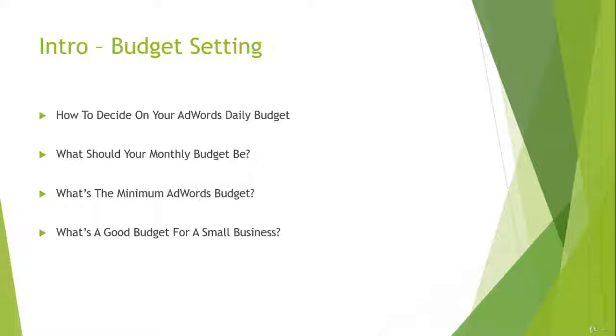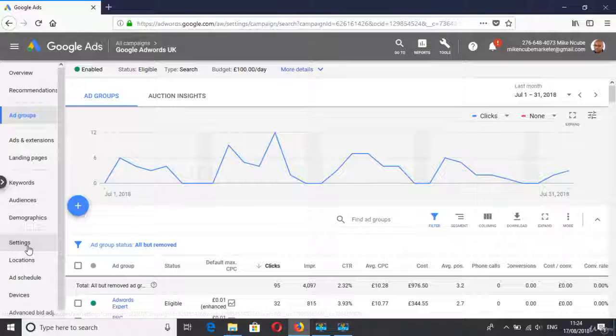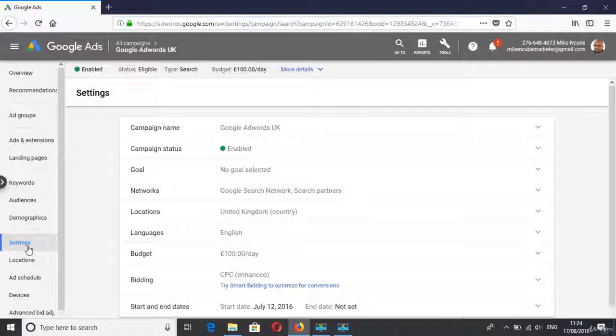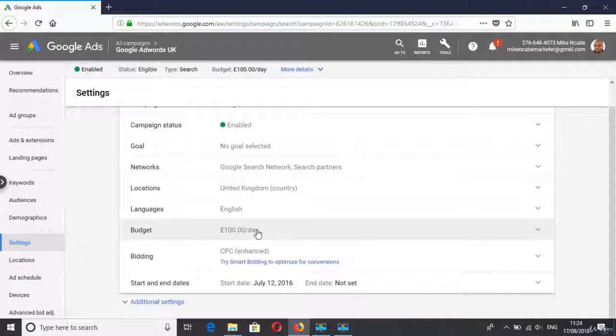So let's get started. Deciding on your AdWords daily budget is one of those important things you should do as part of your campaign setup, management, and at various stages of your advertising. And this will help you reach the full potential of your campaigns and target all the important searches. Now, in your AdWords campaign settings, as you have here, budget setting is set on a daily basis. So this campaign, for example, has £100 daily budget, and that's the maximum that I want to pay for the